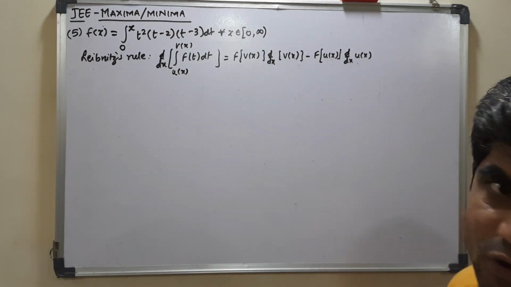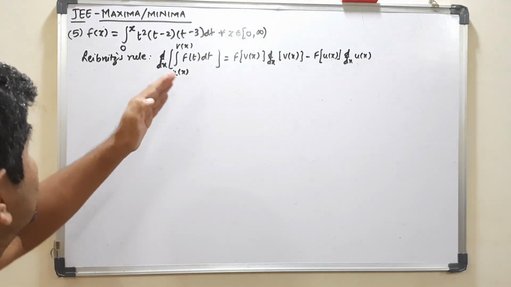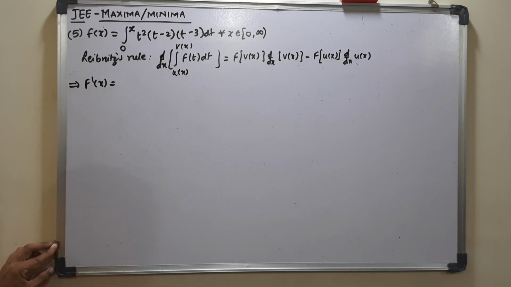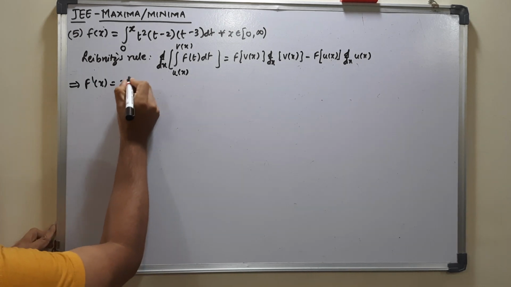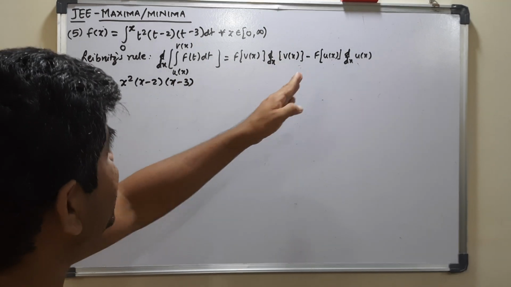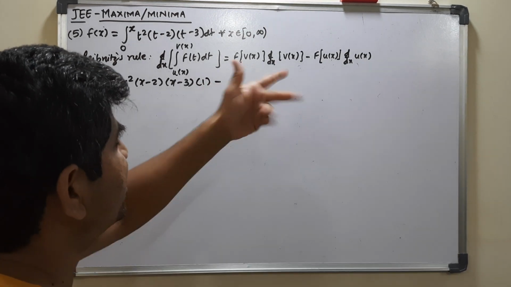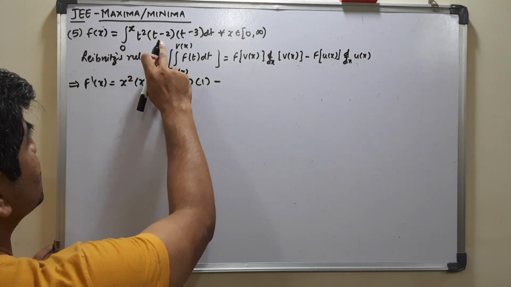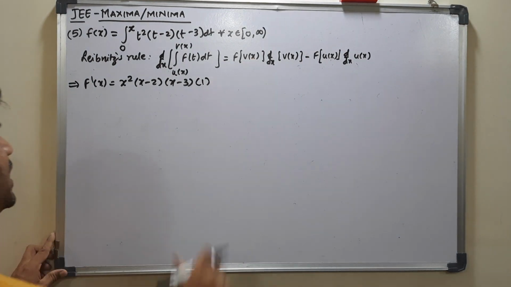Lower limit into derivative of lower limit. So function of upper limit over here, if I take d by dx of this, f dash, this is f(x) also, so it will become f dash x, right? So when I take function of upper limit, that is x replacing over here, I get x square into x minus 2 into x minus 3 into derivative of upper limit, derivative of x is 1, minus function of lower limit is 0, so this is 0, okay, and obviously 0, matter closes. So there is nothing over here, matter closes over.